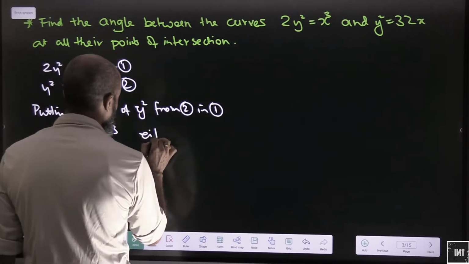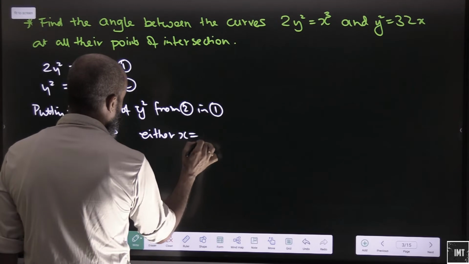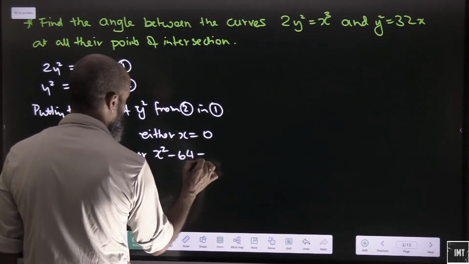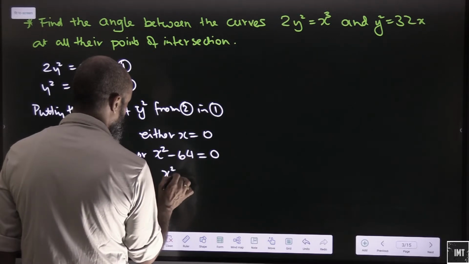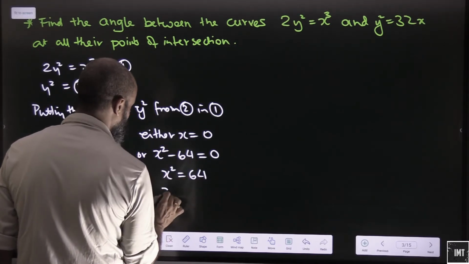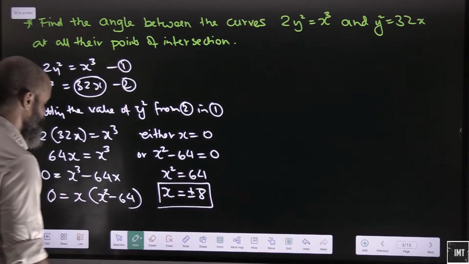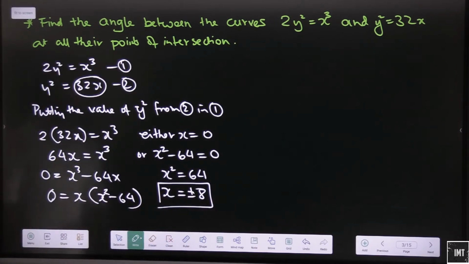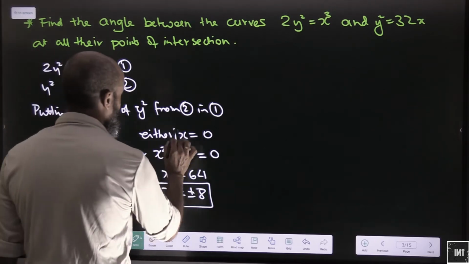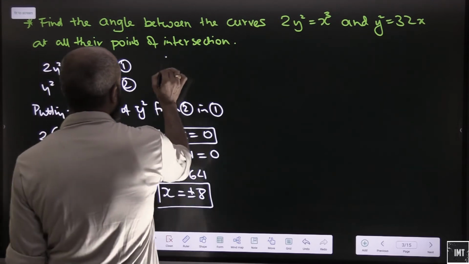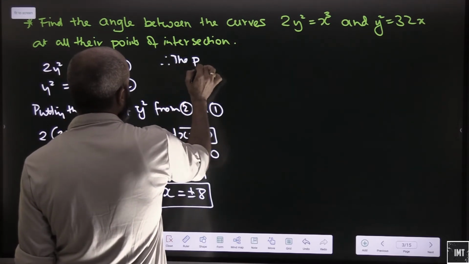So either x is equal to 0 or x square minus 64 is equal to 0. So x square is equal to 64, which would mean x is equal to plus minus 8. Either x is equal to 0 or x is equal to plus minus 8. So what are the points? Therefore, the points are